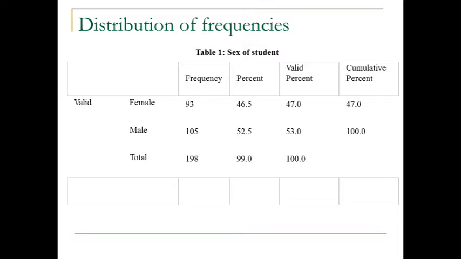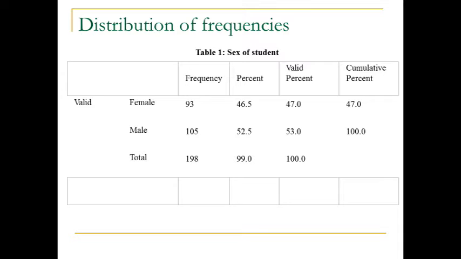Now, this example I'm going to be using is entirely made up. This is not real data. This is just for the purposes of an exercise. But if we look at the frequency with which, let's say, men and women appear in our sample, we can have this display here where there are 93 women in our sample, making up 46.5% of the total, and we have 105 men making up 52.5% of the total. I'm not going to go through the percent and the valid percent and the cumulative percent. I just want to discuss the way that we can display frequencies,